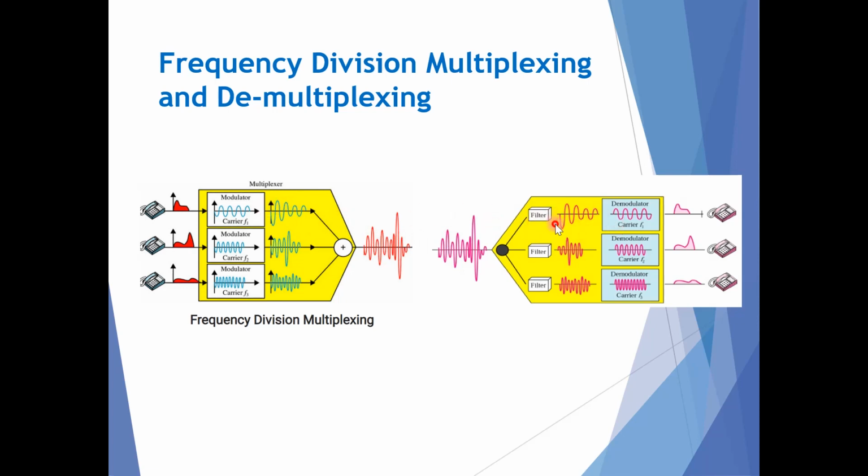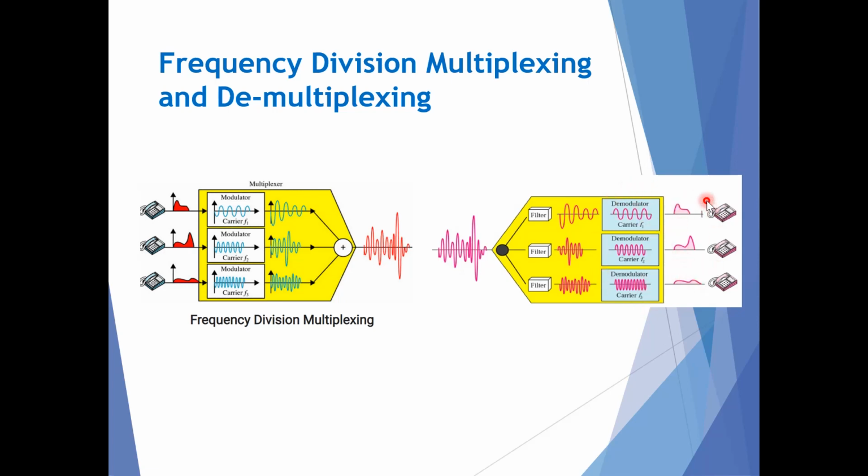The bandpass filter has an adequate bandwidth to pass all the channel information without any distortion. Each filter will pass only its channel and reject all other channels. So here we can find different signal frequencies which are passed through the bandpass filter. The channel demodulator then removes the carrier and recovers the original signal back with the help of demodulators.